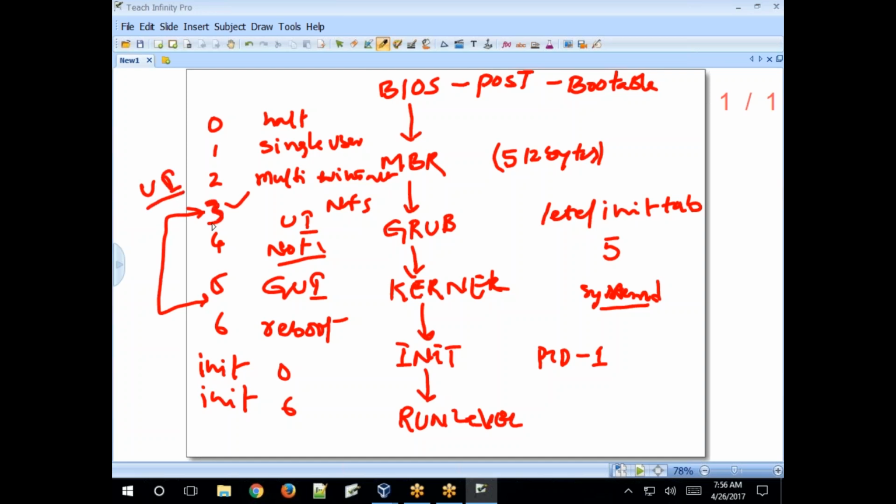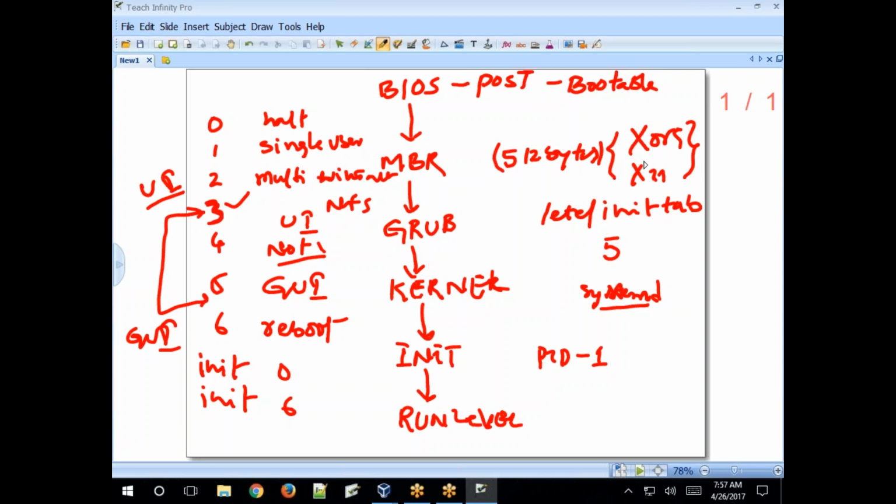So when your system starts, all the GUI based services, whatever services are required to start the graphical interface, like Xorg packages and X11 packages required to load the graphical user interface, all the services will be started when you start the system at run level 5. So when you start your system at run level 3, these services will be stopped. The services will be by default stopped. You will get a user interface like this.